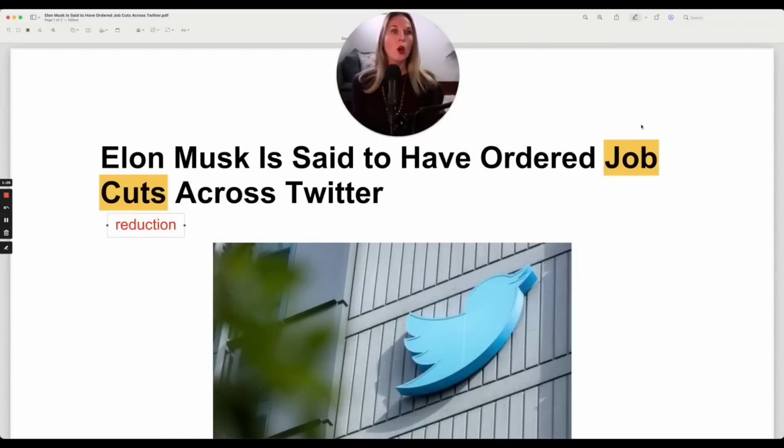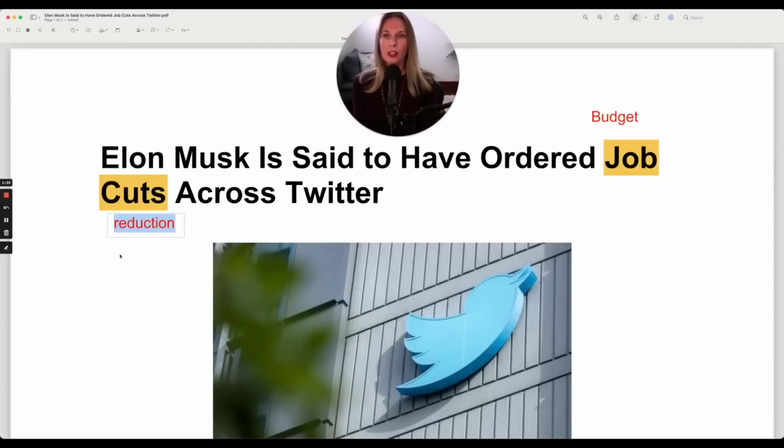Job cuts. We can also use this with finances. You hear this a lot with the government. They might talk about budget cuts, which means reductions. They're reducing the amount of money available, budget cuts. You can hear that in government, but you can also hear it in the private sector. They might have budget cuts, so you don't get a bonus that year.